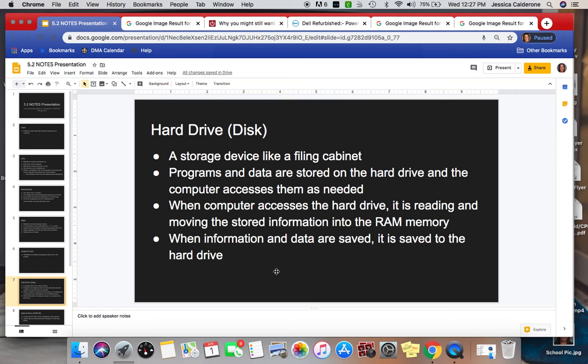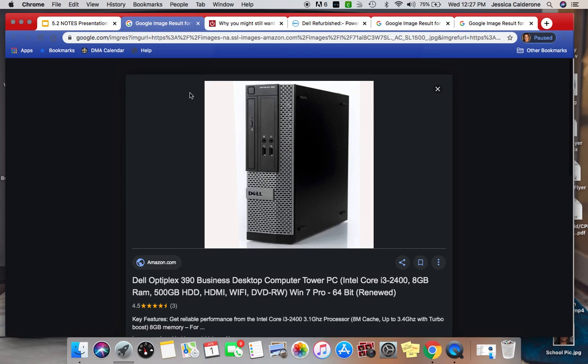So like I said, hard drive is the permanent memory, okay? So it's a storage device kind of like a filing cabinet. And like I said with RAM, okay, so you open up a Microsoft Word document. When you open that up, you're opening it up into the RAM. You're typing on it, editing it, and then when you go to save it permanently, you are saving it to the hard drive. Okay, so then when you open that back up, you're opening it from the hard drive into the RAM, resaving it to the hard drive. Okay? So again, pause, type that stuff down, and